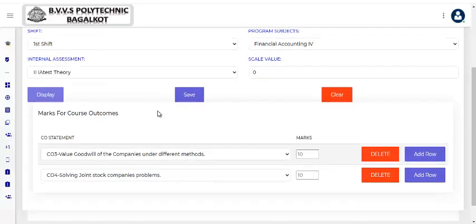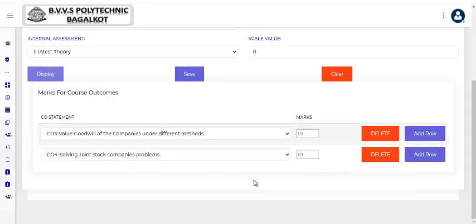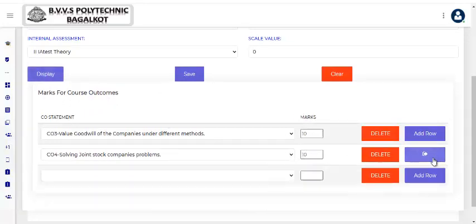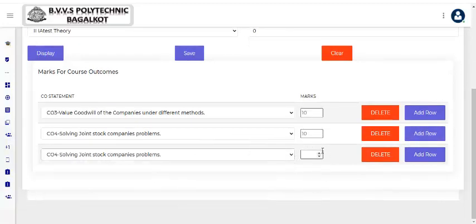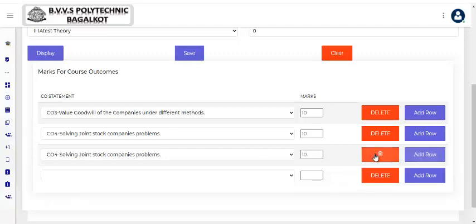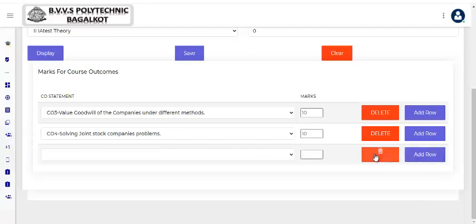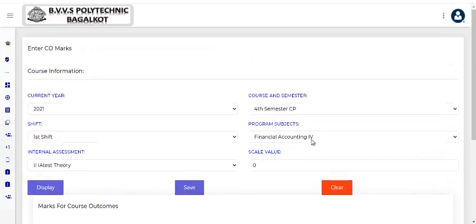So, you can just see here. If you want, we can just add a row for the subjects. For example, we can just make it as 10, and we can keep on adding the rows if you want. This is about adding, entering CO marks.